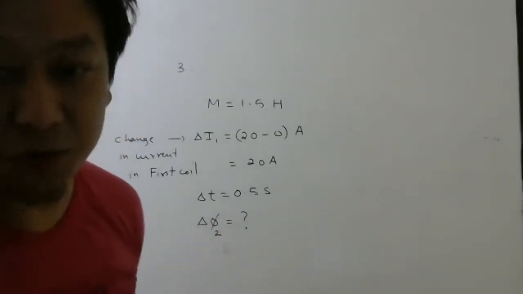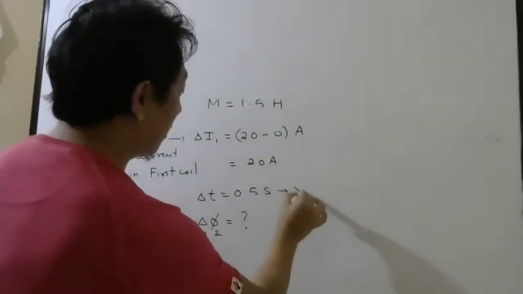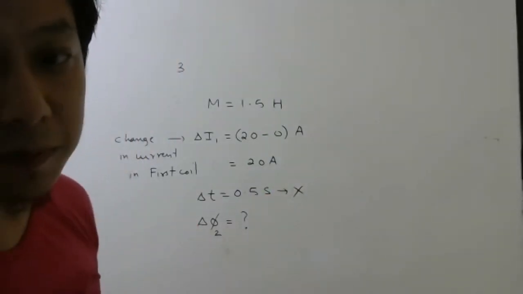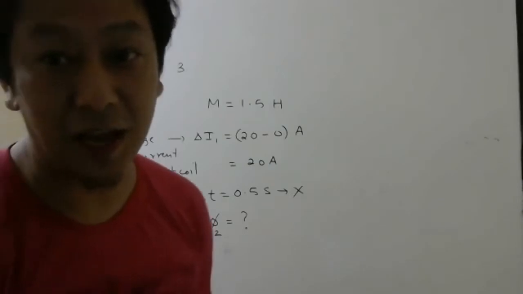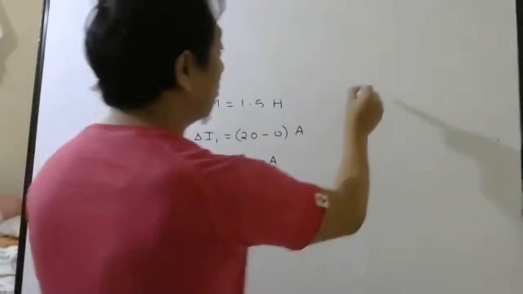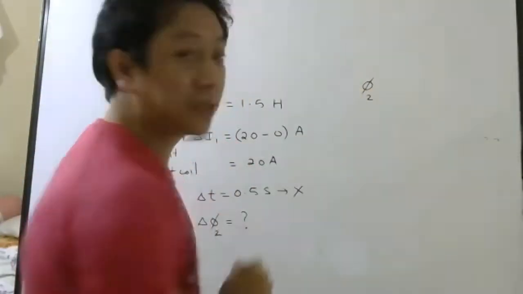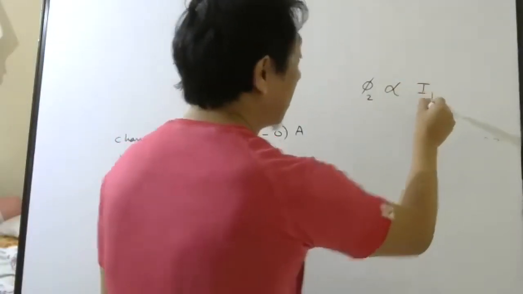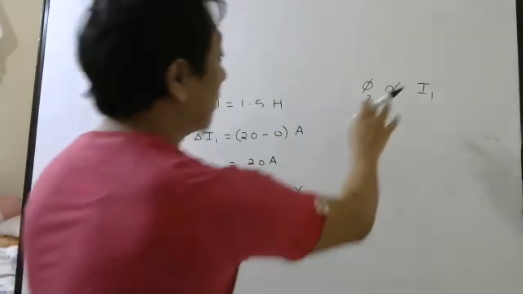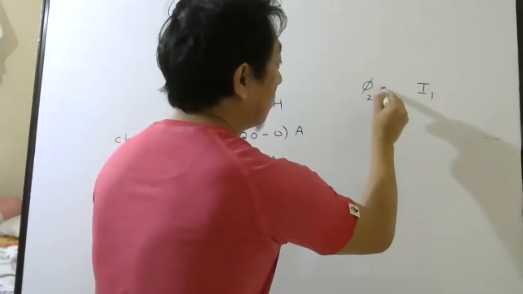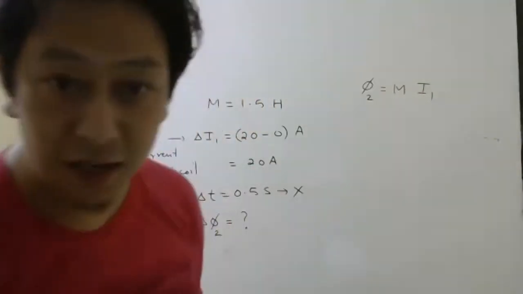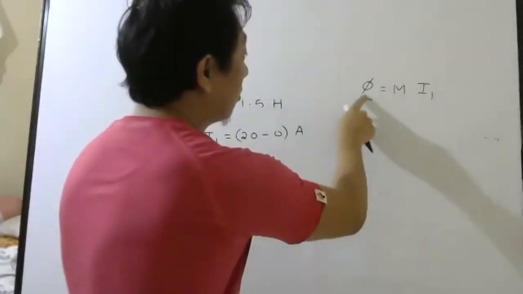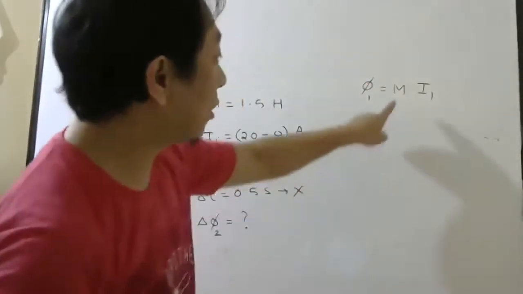Now for this, students, you don't need this time. This is not needed. Why? Let us remember the definition of mutual inductance. How I introduced it, I told you the magnetic flux linked with the second coil will be proportional to the current in the first coil. Then the constant of proportionality we write as mutual inductance. Agree or not? If this was also 1, then what will I write here?